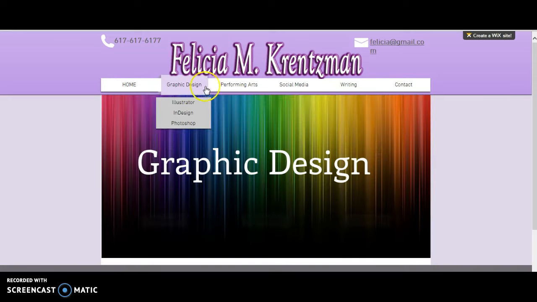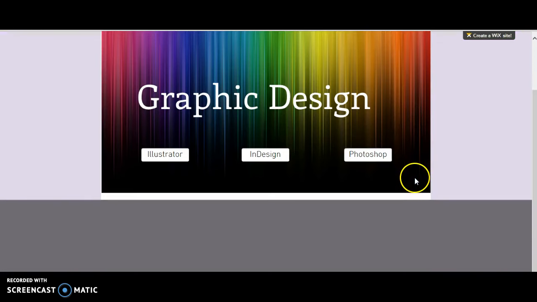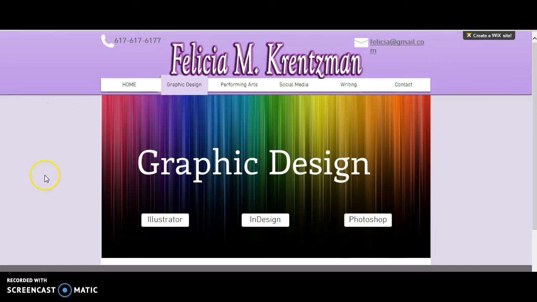Then we move on to graphic design. The graphic design page is very colorful, but again, the contrast is very, very well put out. You can see the alignment of the three options. We have Illustrator, InDesign, and Photoshop under the graphic design umbrella, which is very well presented. The alignment of either end is very well in contrast with the up top toolbar, and everything is well put together. At the bottom, you have a clear contrast describing exactly what's going on, and everything checks out within the